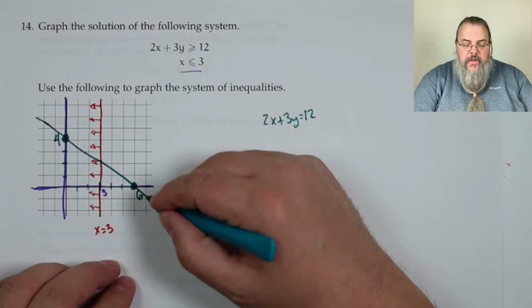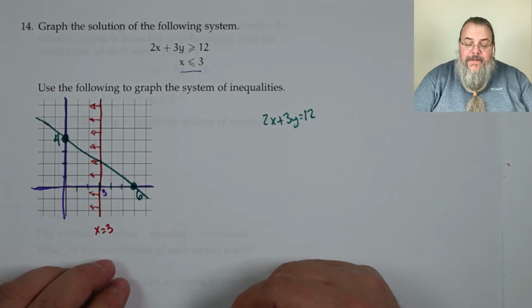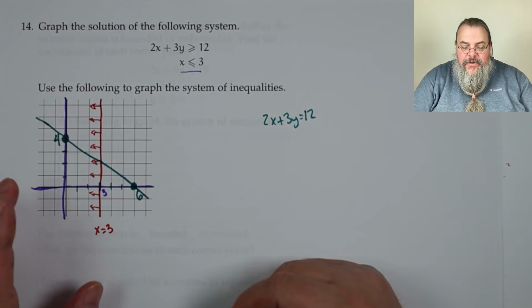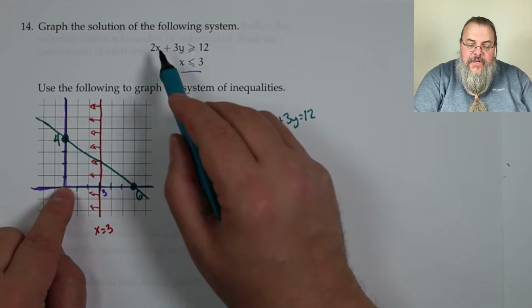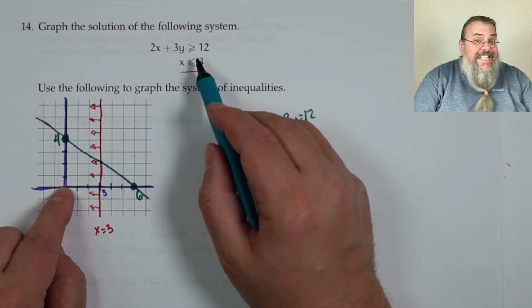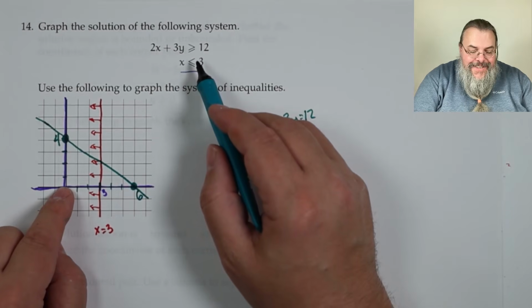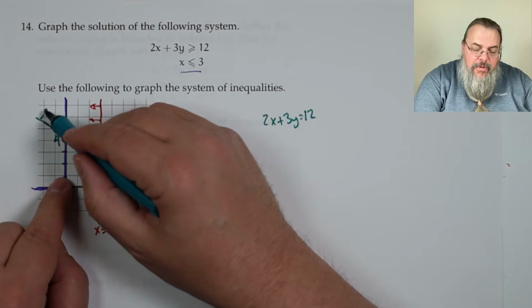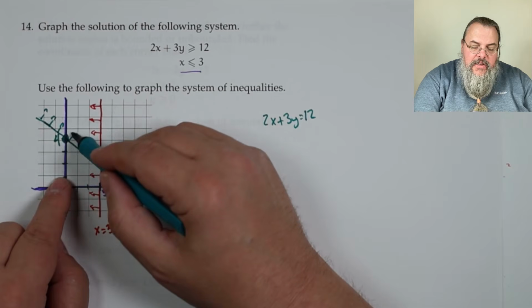All right. So there's our line. Now, which side do we want to be on? You can always test. Let's test the origin. Is 0 plus 0 bigger than or equal to 12? It is not. So we don't want to be on the side with the origin, which means we need to be on the other side. And say, okay,